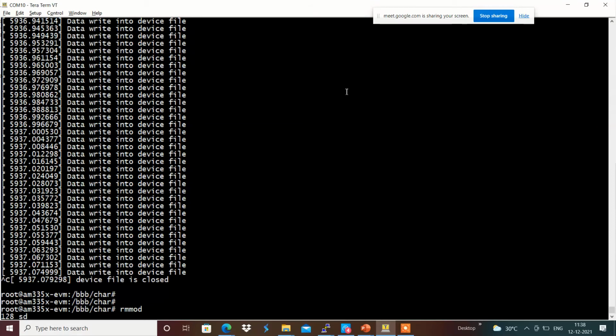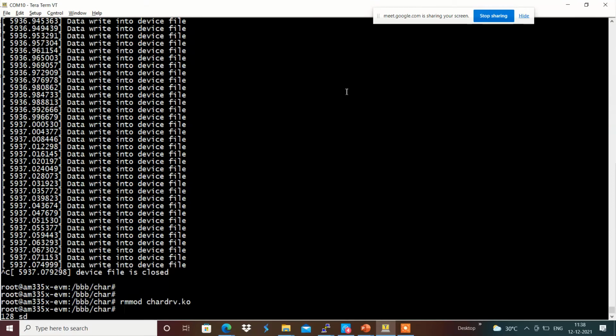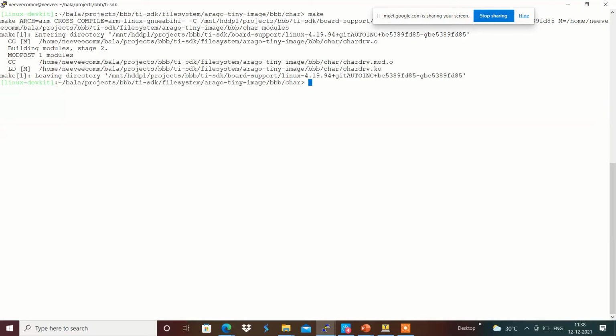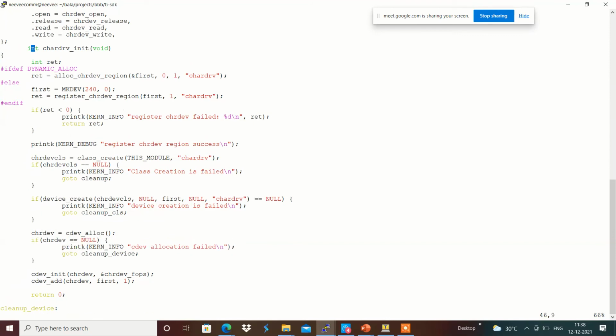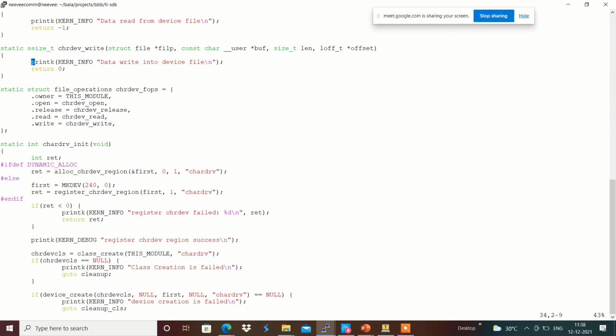Maybe I am going to do something. For example, currently we have given the option of return 0 for this character dev write. Because of that, it thinks that we are sending 10 bytes of data, for example, and it is returning 0, which means that 0 bytes of data have been written. Because of that, it continuously tries to write again and again in the system.